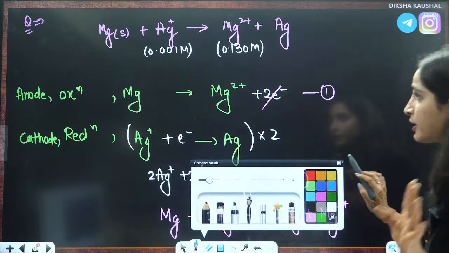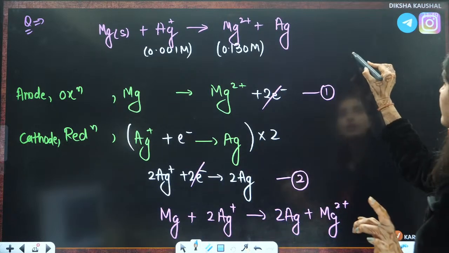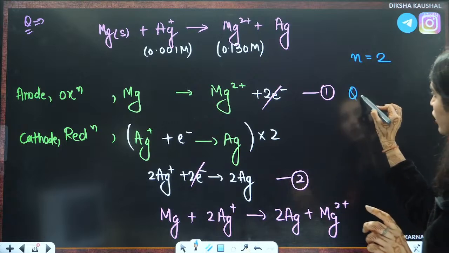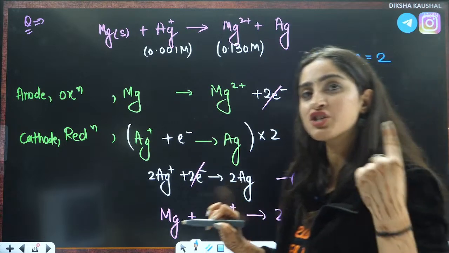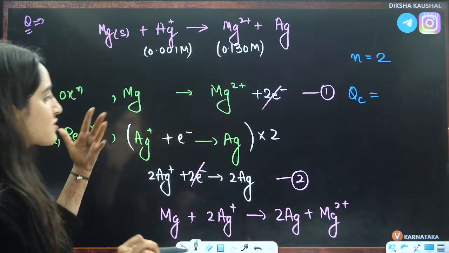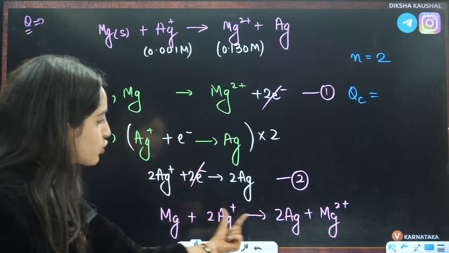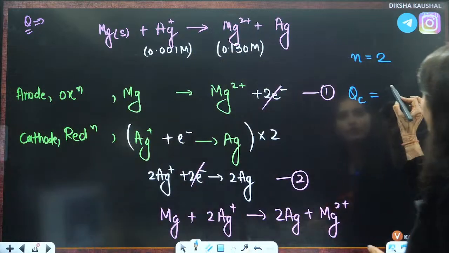Now, three things I asked you. One is the number of electrons, that is 2 electrons are gained and lost. What is QC? QC is oxidation by reduction. What is the oxidation part, or you can say products by reactants? The product part is Mg2+. So Mg2+, write it here,